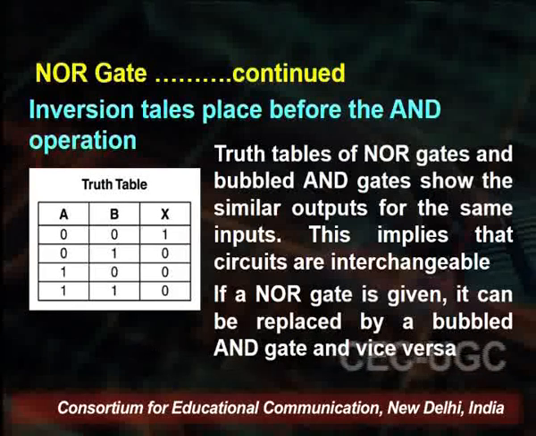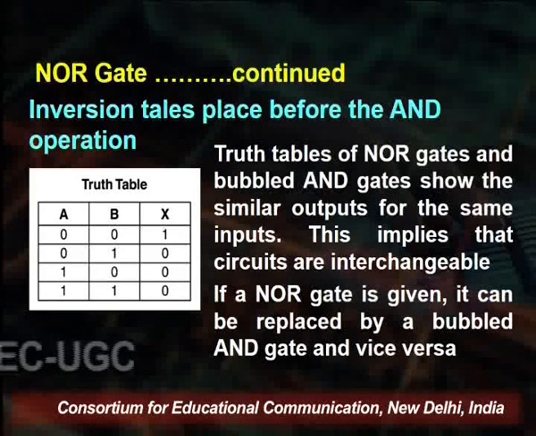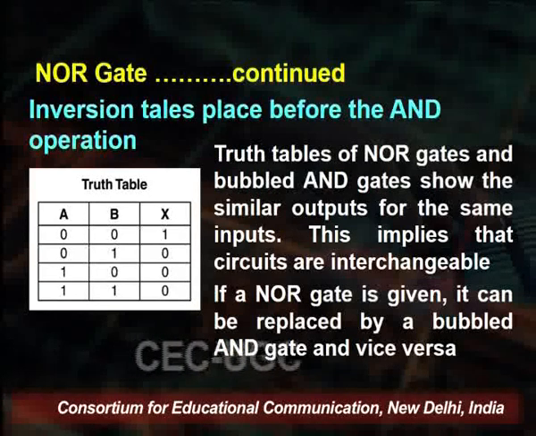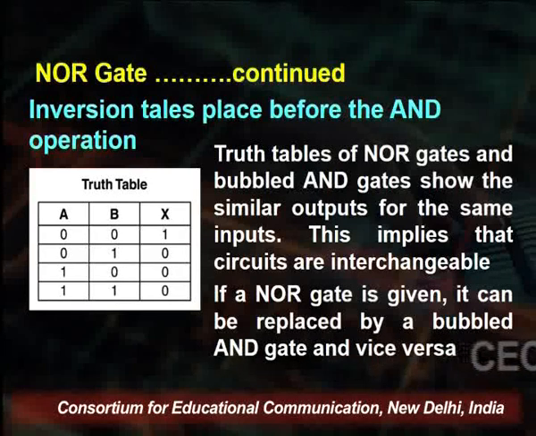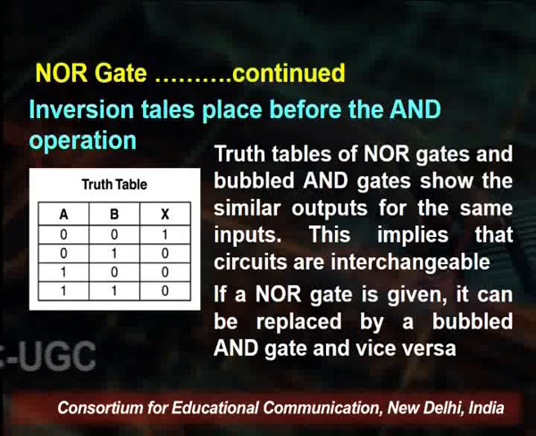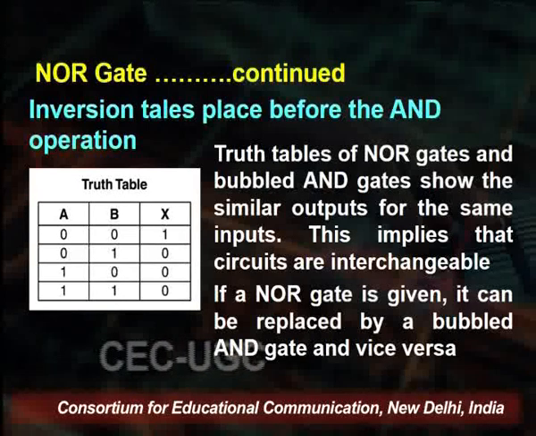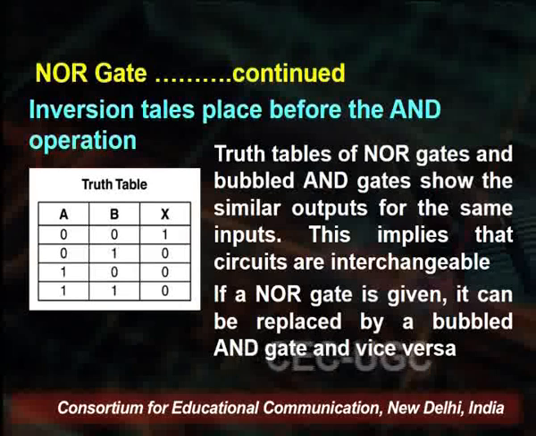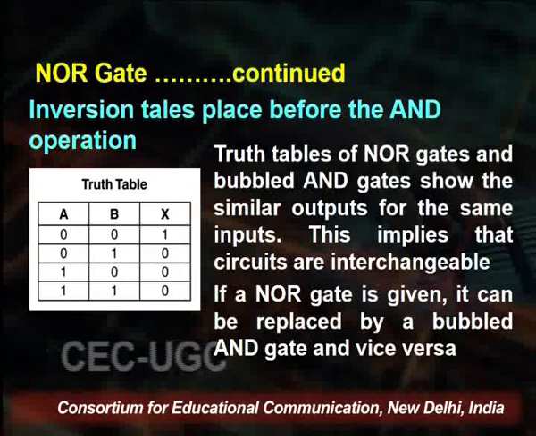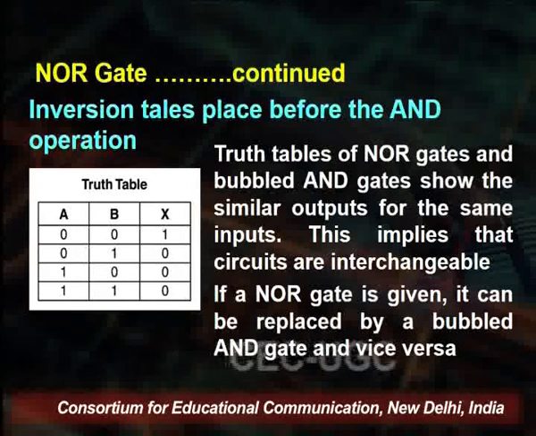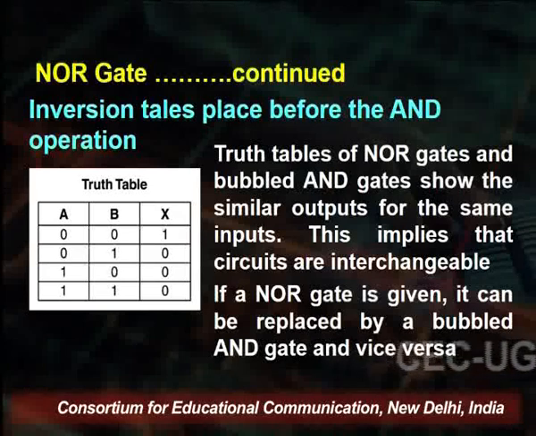For the bubbled AND gate, when 0 0 are the inputs, the inputs to the AND gate are modified as complement of 0 and complement of 0, which is 1 in both the cases. Hence, the AND gate will give a high output. For all other combinations, since there are 2 inputs, there can be at maximum 4 combinations, this being a binary number system.